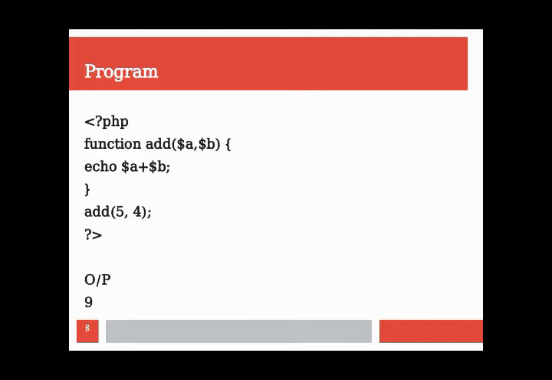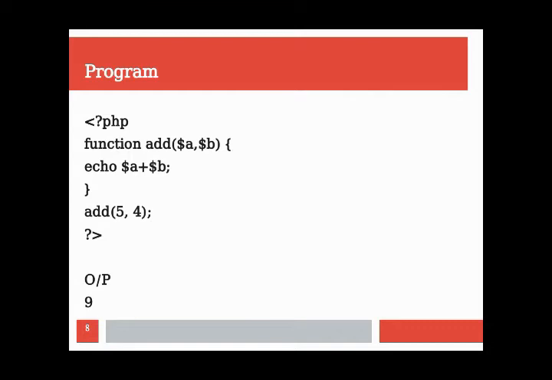Here we will see another program, that is function add. Here again two arguments, that is $A, $B, and left curly bracket, that is the beginning of the program. Here the display statement is echo $A plus $B. That means here we take the addition of two parameters. Semicolon is the separator, and right curly bracket means the end